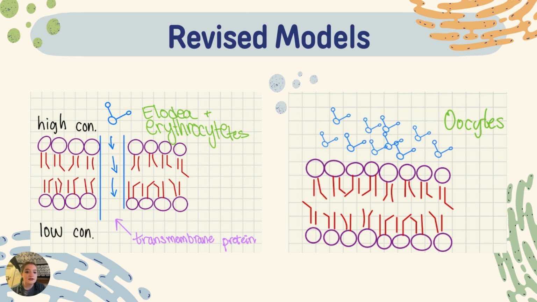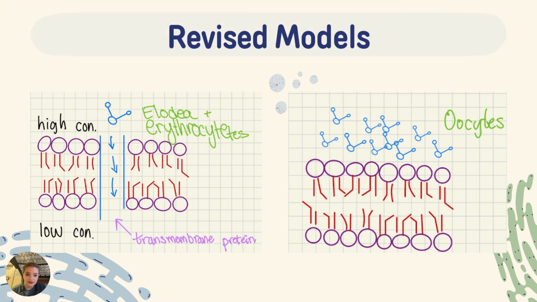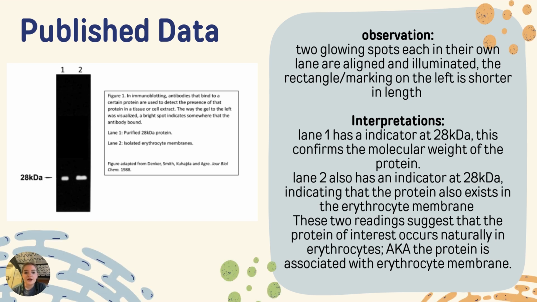And the way that the water is able to pass through the transmembrane protein is due to osmosis, where it moves from a high concentration to a lower concentration. So it moves inside of the cell or outside of the cell depending on how much water is in the solution surrounding the cell. Now, looking at this published data, we were able to see that